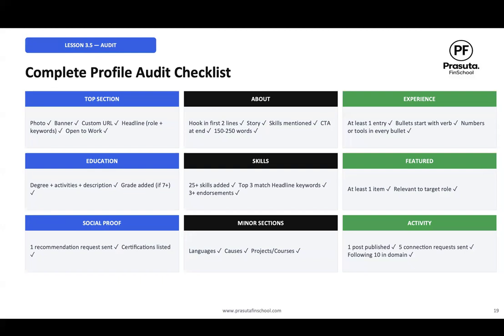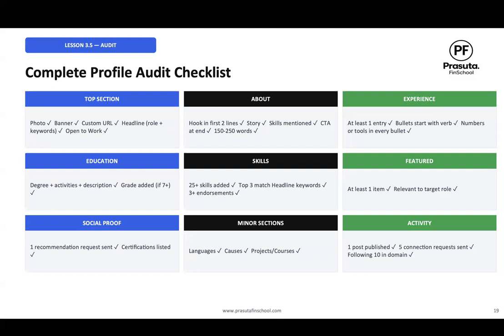experience section. At least one entry. Bullets start with a verb, with numbers, or tools in every bullet. This is exactly what you have to mention in experience. And if you feel it is not there in your experience, edit it now before going ahead to the next